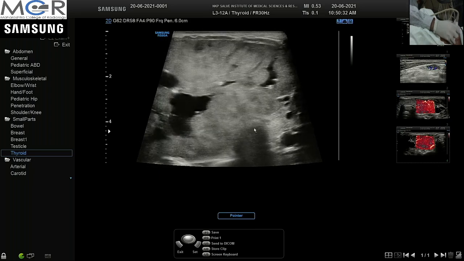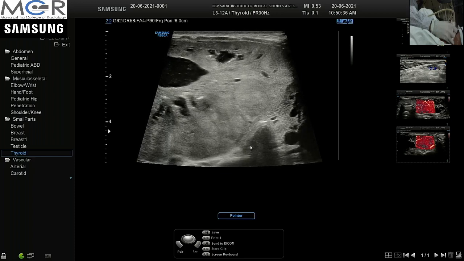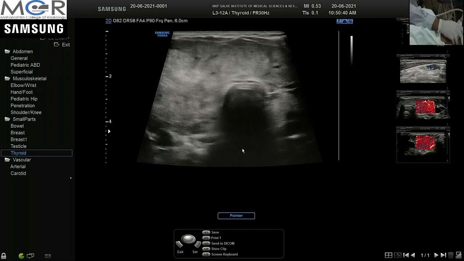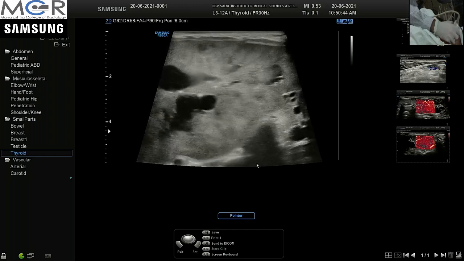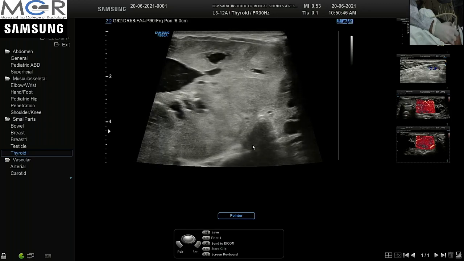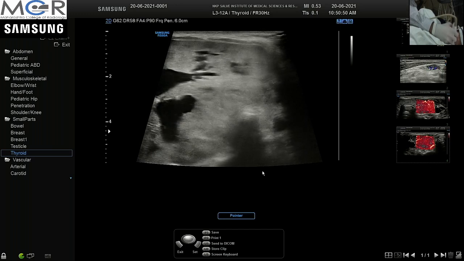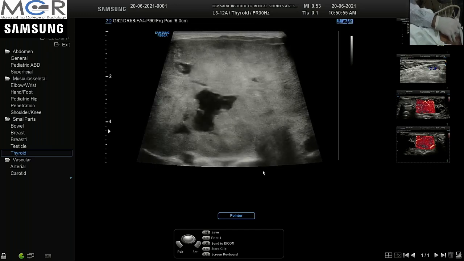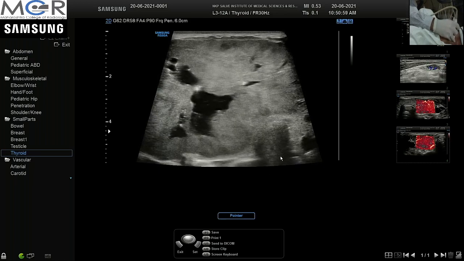It is extending into the isthmus. And see this trachea. This trachea is compressed extrinsically on this side. See the trachea above. Trachea above shows a uniform shape. If you come down, the lesion has compressed the trachea extrinsically, and my probe, I have to shift on this side to see the trachea in the midline. If I keep on midline, the trachea goes out of focus. Trachea goes towards the left side.